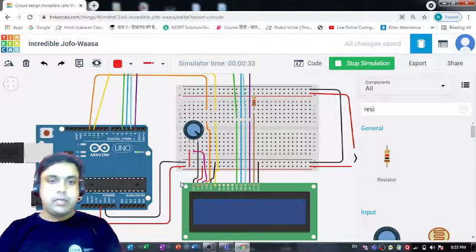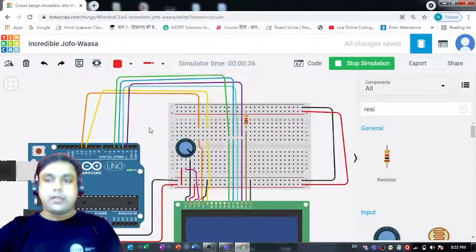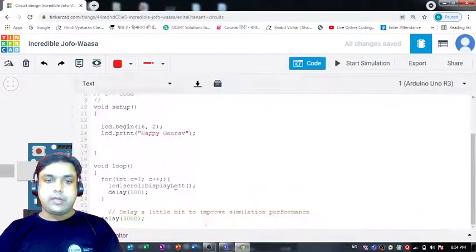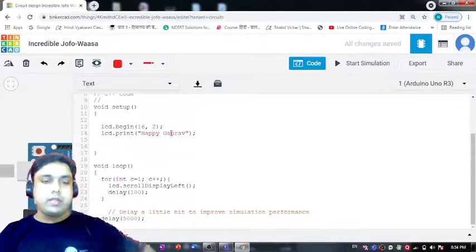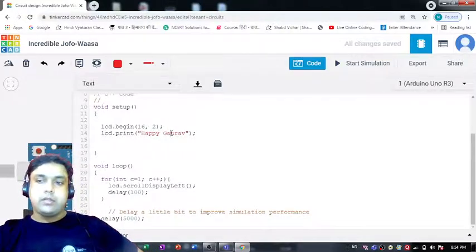And definitely whatever things I've defined over here, they are perfectly fine. Now the issue is we are not able to see this text getting reflected on this LCD. The LCD is working, but this is not getting reflected on the LCD. Now why is it so? That's what we have to find out.